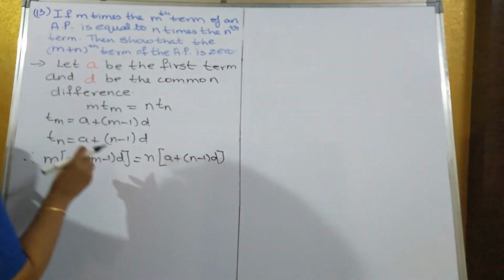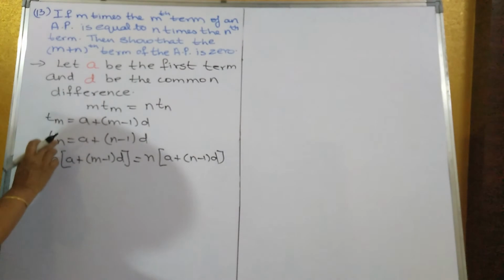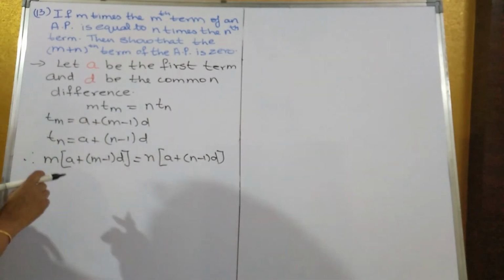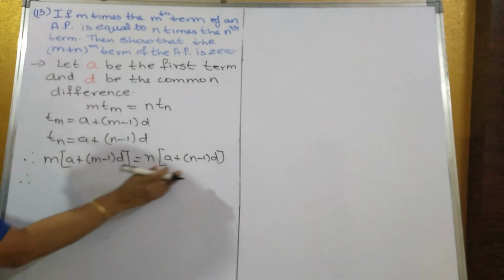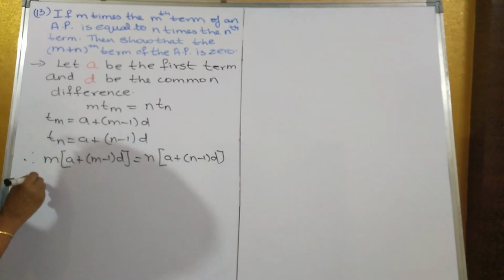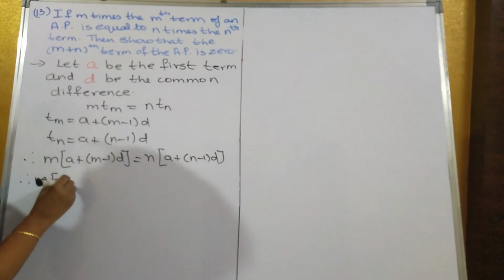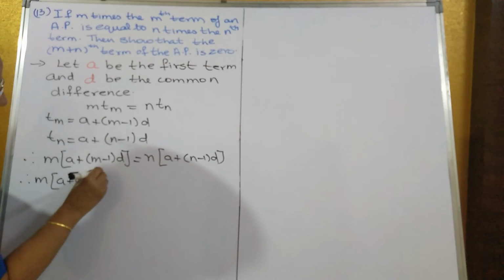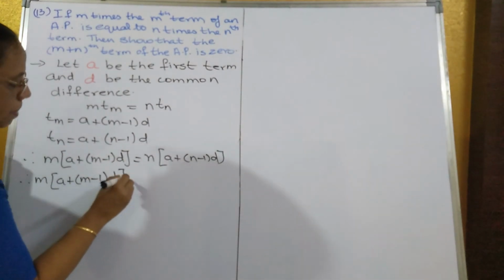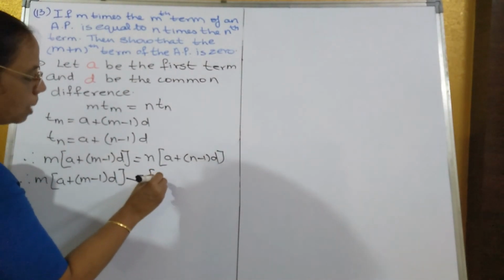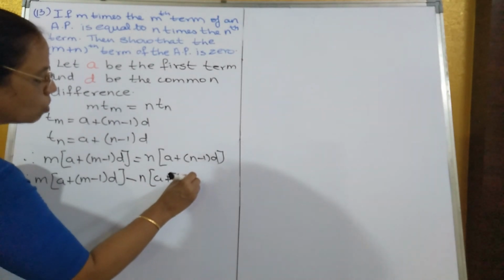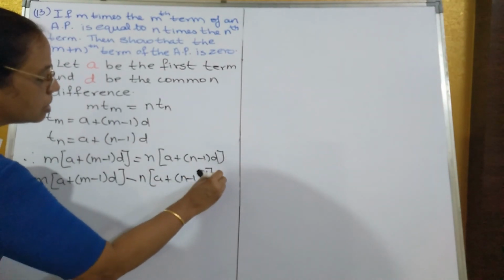So here n is equal to m and here n is equal to n only. Now therefore bring everything on this side. So what you'll get? M into (a + (m − 1)d) minus n into (a + (n − 1)d)